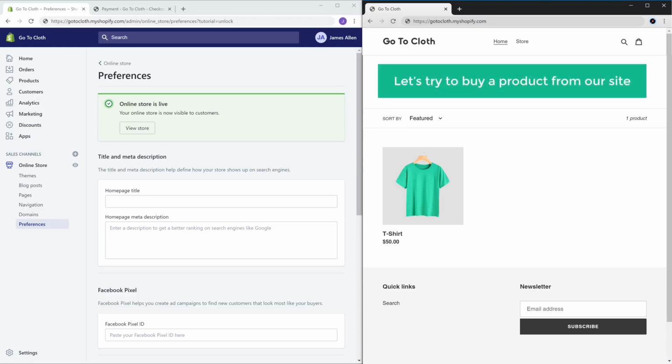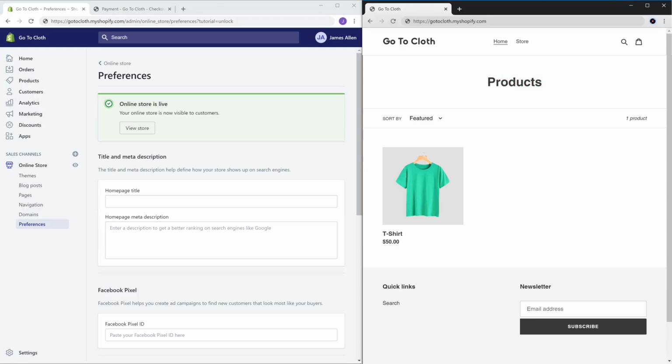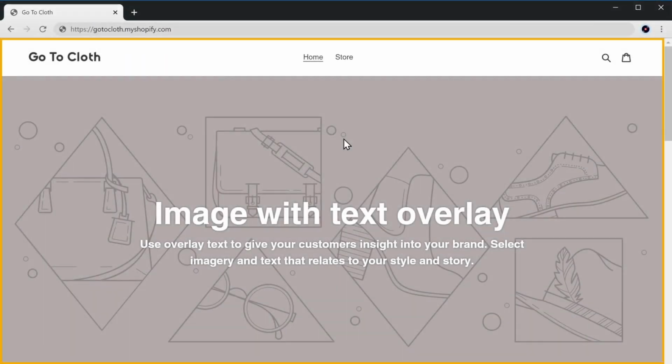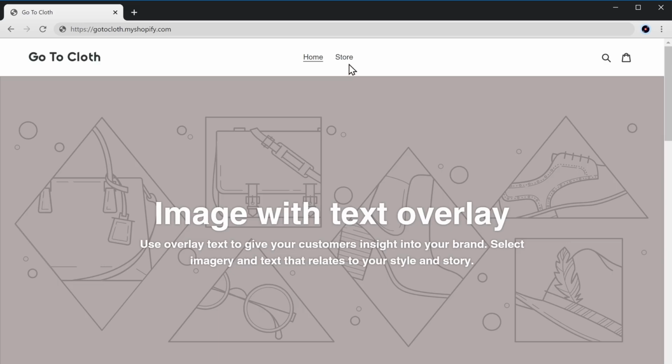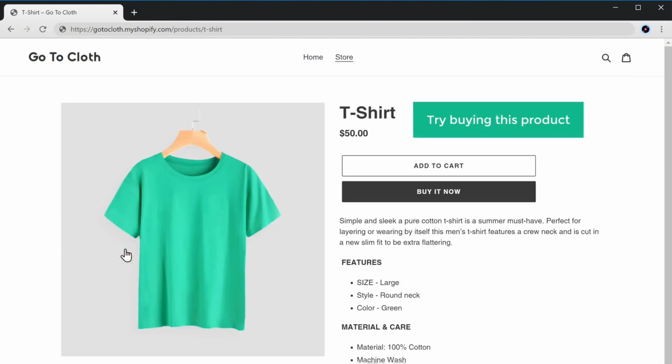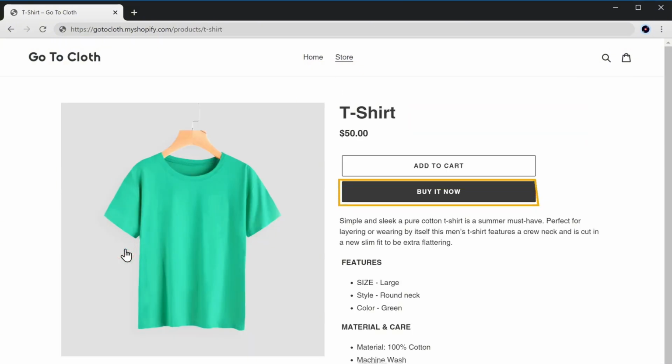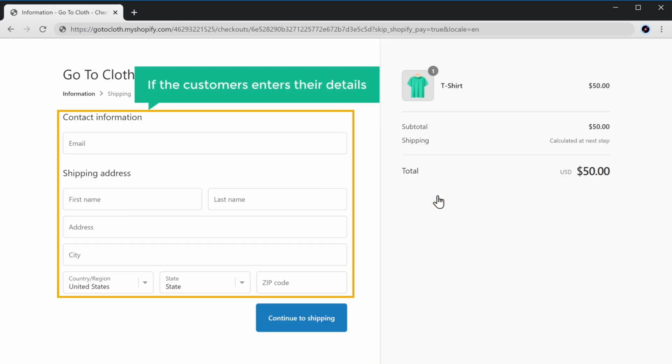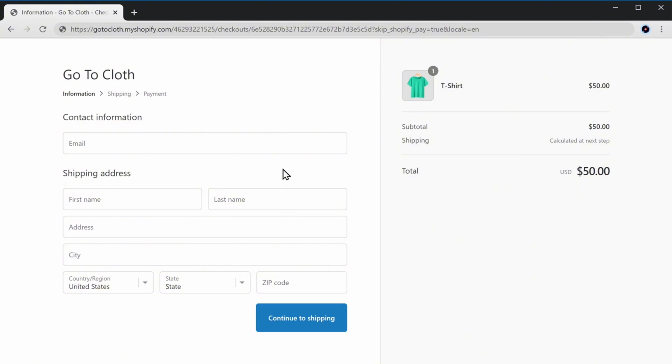Now let's try to buy a product from our site. So to do that, let's go back to our website. Let's go to our store. Now just like a customer would do, let's select this product and then try buying this product by clicking Buy Now. Now if the customer enters their details and clicks Continue,